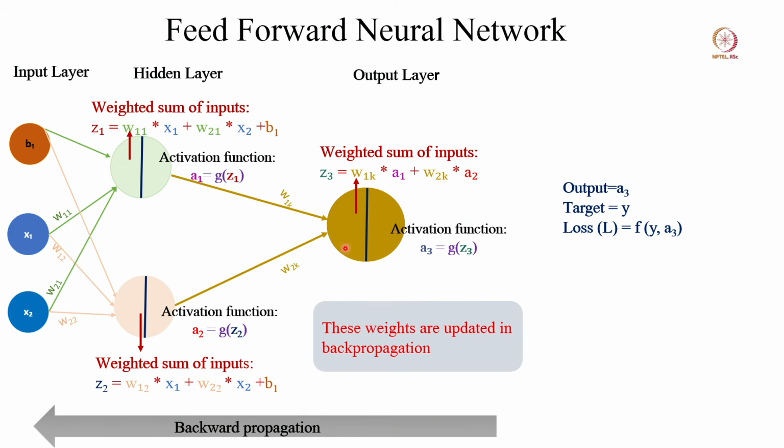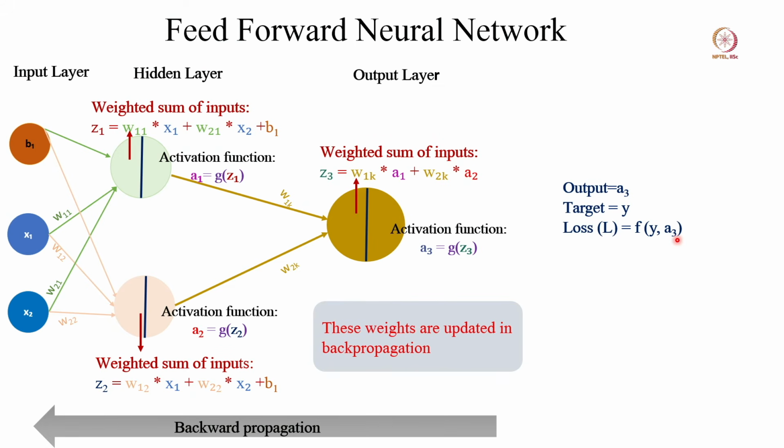Similarly, here also, if we go back, because in the Z3 calculation we have this A2 term also, and A2 is dependent on your Z2. Z2 is dependent on the weights associated with the input neurons. What we see here is that the loss is actually a function of all the weights associated with all the edges. So, in order to reduce the loss,